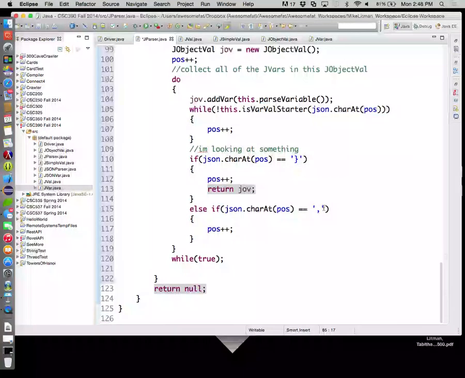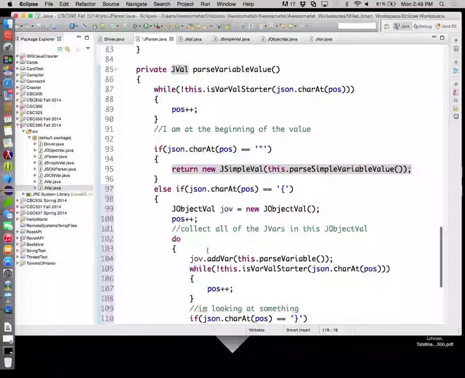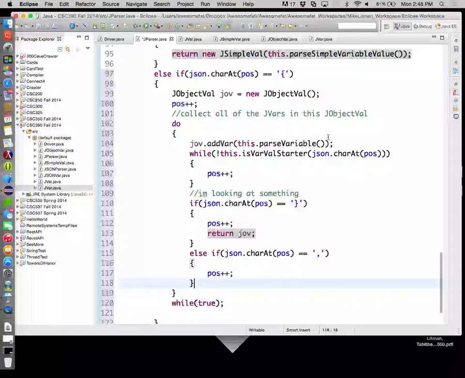Else, if I'm looking at a comma, we'll move past the comma. Then do what? Spin back up to this do. Call parse variable. Do I have to actually break out of this loop, or does this guy self-break right now? When I'm done with this object, I leave. The return statement gets me out of it, as it's written right now. Make sense? All right, so as far as this value goes, this guy will keep reading in values as long as there is still a